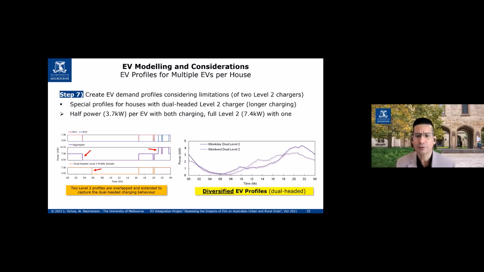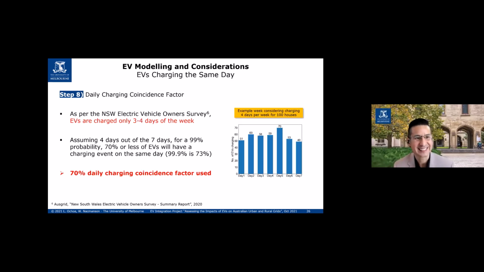Now, then we have, of course, the dual-headed level 2 charger, which brings special considerations as well. And this gets tricky because these are two level 2 cars in a single house, and we needed to do some adaptations there. But the most important thing is that the corresponding aggregated demand might be much, much higher. And this can be a little bit worrying. However, of course, houses with 2 electric vehicles will take some time to appear, all right? So perhaps not to worry too much in those particular cases.